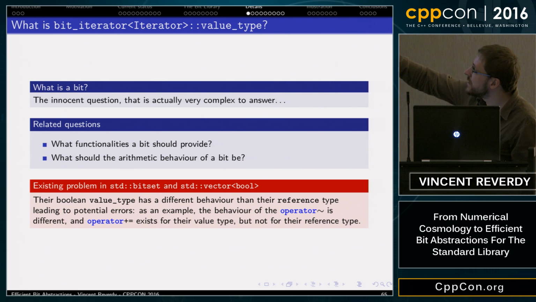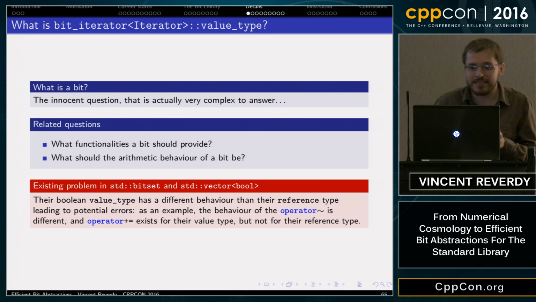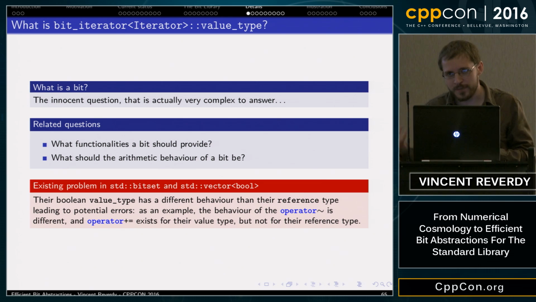For example, we see, as I already said, in bitset and vector bool, a bit is defined almost as a Boolean value, but as it's only almost, it leads to some problems. For example, with the bitwise not operator and assignment operators, also plus-equal, things like that.